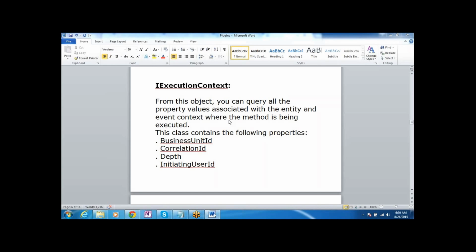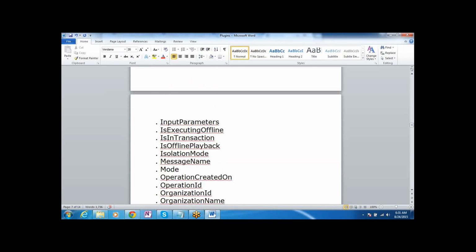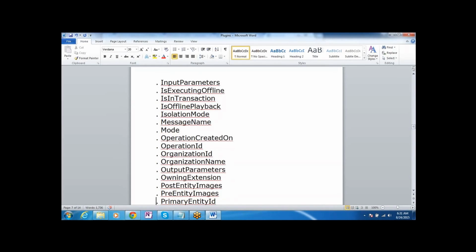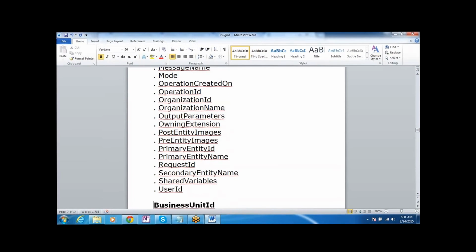Then correlation id. It contains the list of properties: business unit id, correlation id, depth, initiating user, input parameters, is executing offline, is in transaction, is offline playback, is isolation mode, message name, mode, operation created on, operation id, organization id, organization name.